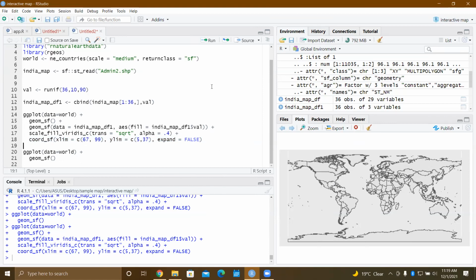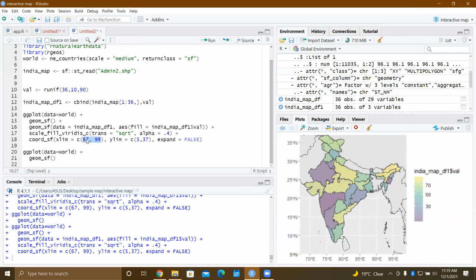Yeah. You can just Google the longitude and latitude map. What you need to remember is, 67 to 99 is the positive value, which means east.